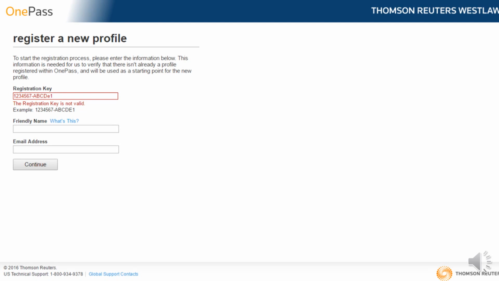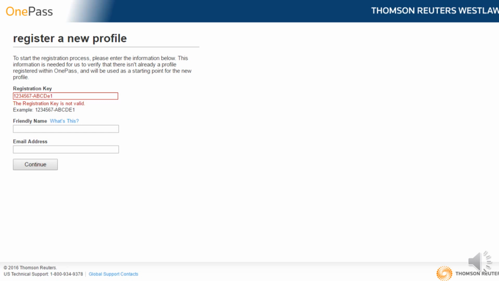Keep in mind that if you enter in your registration key in an incorrect format or with incorrect information, the system will tell you that it is not valid. I've done one of those things here by inserting a lowercase letter where in fact an uppercase letter is called for. Additionally, if you insert spaces at the end or other types of punctuation, the system will also reject it. So look carefully if you're getting this red outline and paste that information in precisely as it reads. Or if you're having difficulty, call the reference attorneys immediately at